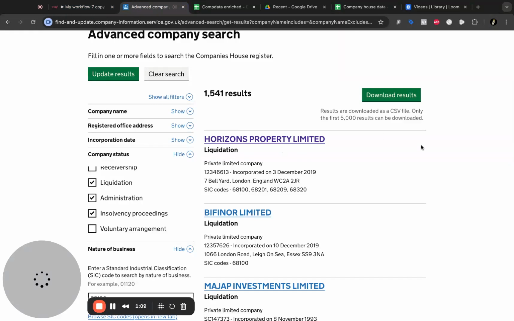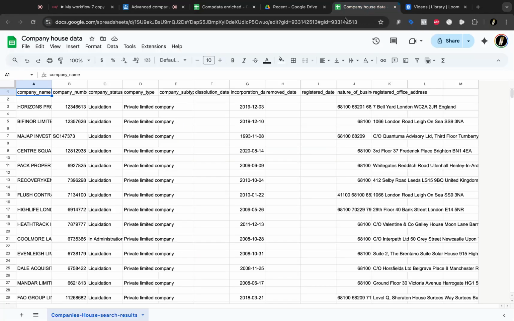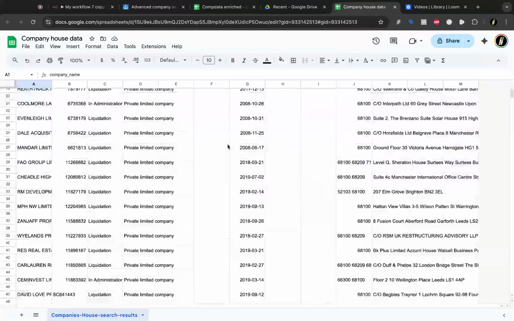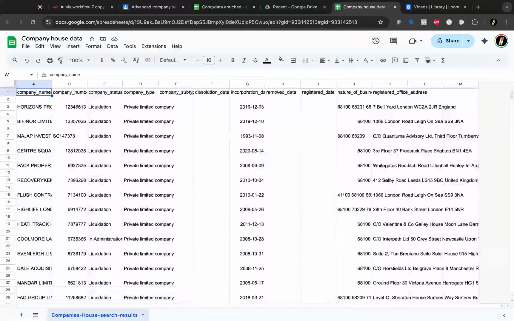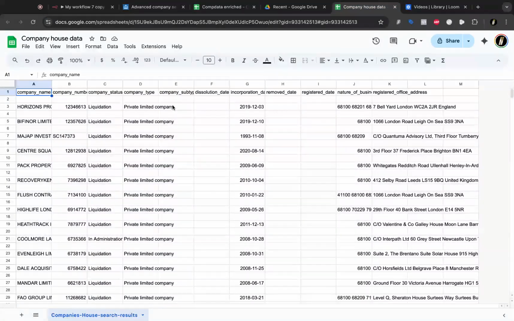So here from Companies House, what we want to do is download the results. So we got 1,500 results. I've already done it anyway, so I'll show you what it looks like. Get the results, put them in a spreadsheet. You can use Google Sheets, it's absolutely free. And then from there, we're going to go into N8N and work with these 1,500 companies to actually get to